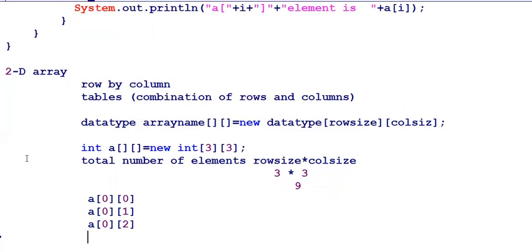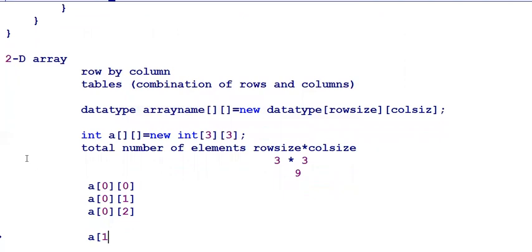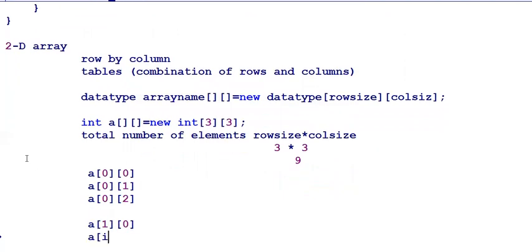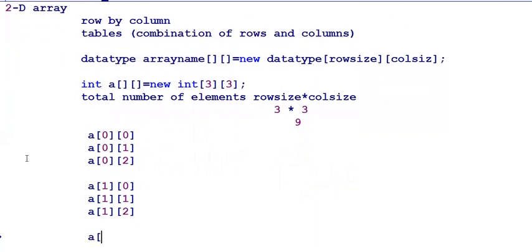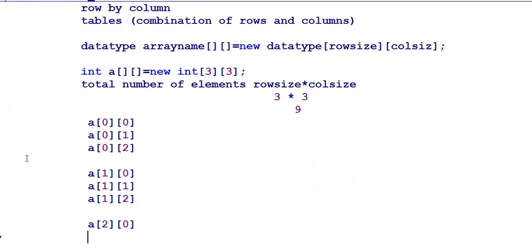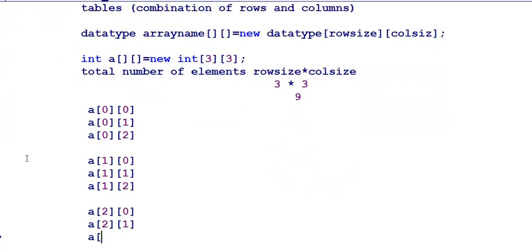These are the three elements, followed by the first row: zeroth column, first column, and second column. Finally, row two followed by zeroth column, row two followed by first column, row two followed by second column. So these are the 9 elements positioned.